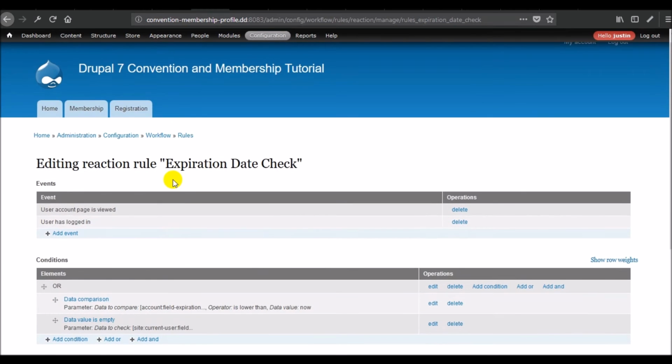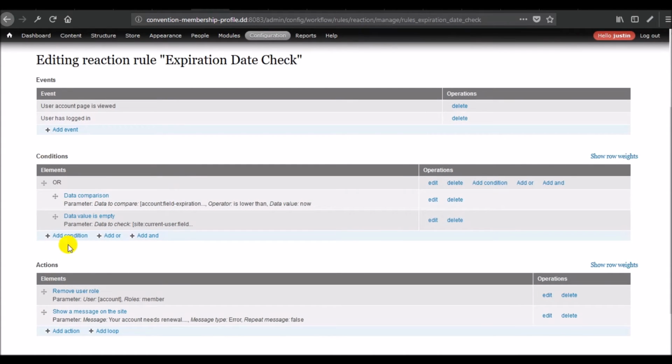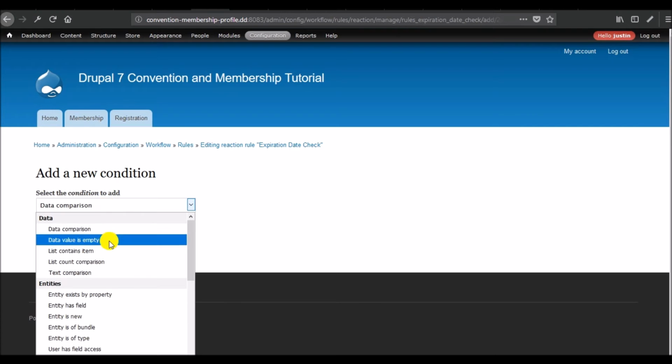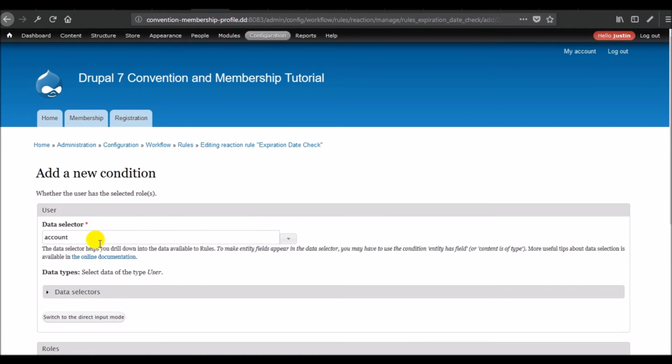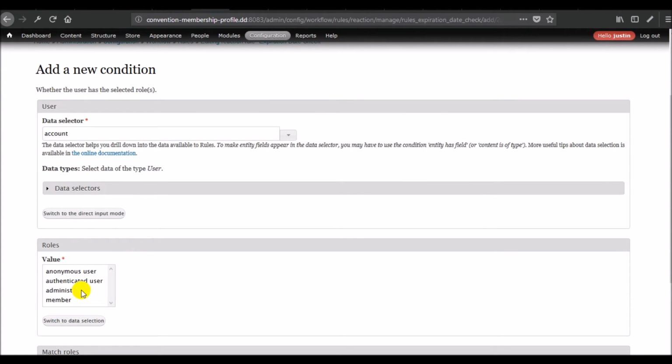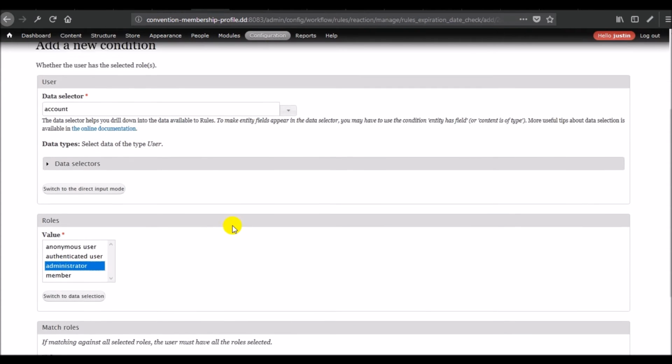But that is that. The other thing you may want to do is also add an exception, okay? Because you don't want this rule to fire on an administrator. So we're going to say,